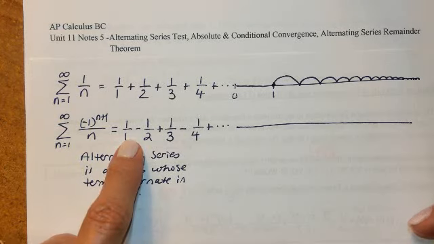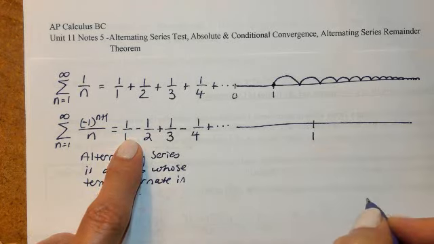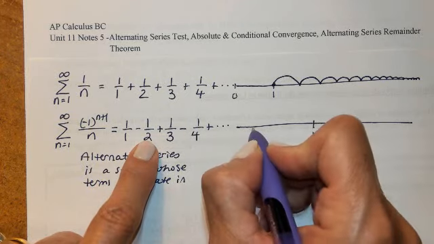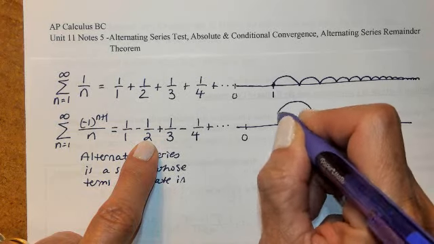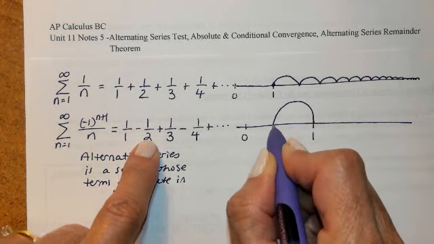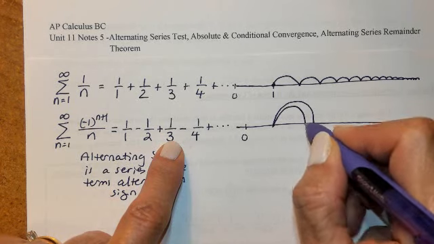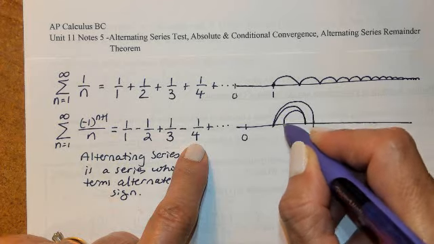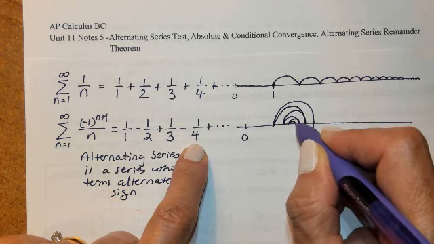Let's say we start out here at 1. I'm going to move my 1 over here this time. My first partial sum is 1, right? Then I'm going to subtract a half. I'm going to make 0 over here. So I'm subtracting a half, so now I'm here. Then I'm going to add a third, so maybe I'm out to there. Then I'm going to subtract a fourth, add a fifth, subtract a sixth, add a seventh, subtract an eighth,